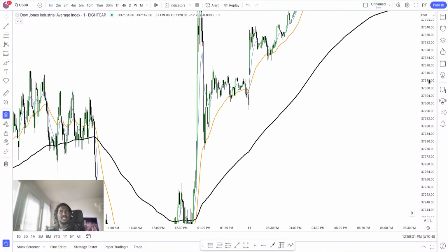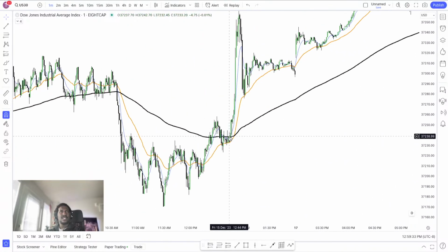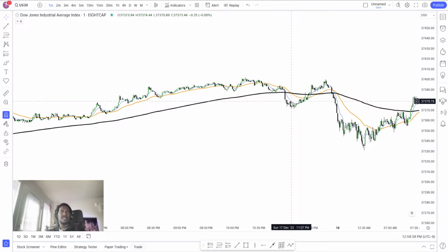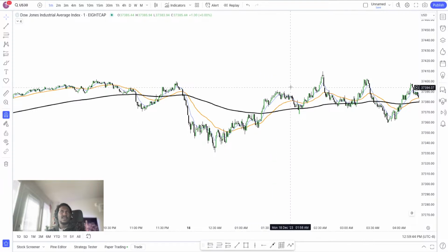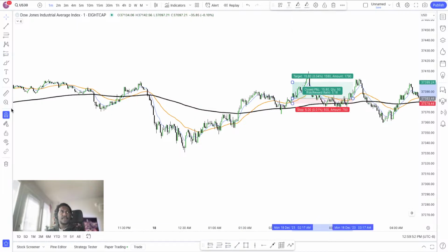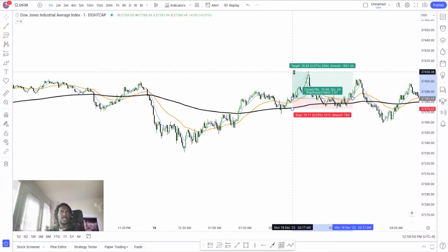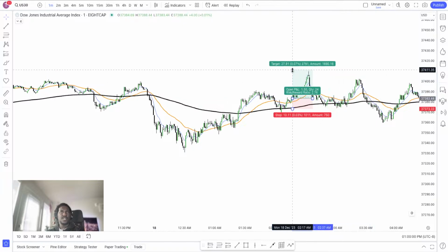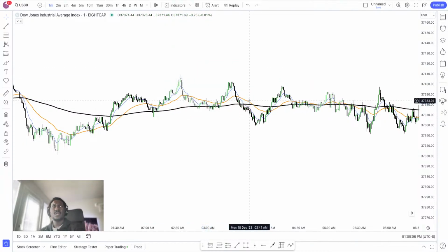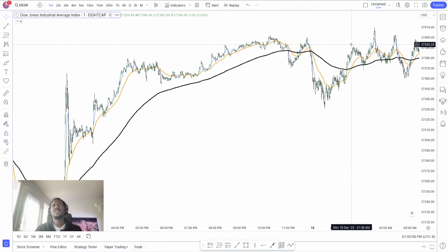But just looking at this, there's a couple of entries. If you're really waiting for a retest, it did happen here, and then that was your entry, with a stop loss at the 200. That gave you like 1:2.5. So if you're doing 1:3, that would have been a loss. At least that should have taken you out on breaking. Anyway, you get the point. It's a good strategy as well, but also has its issues.